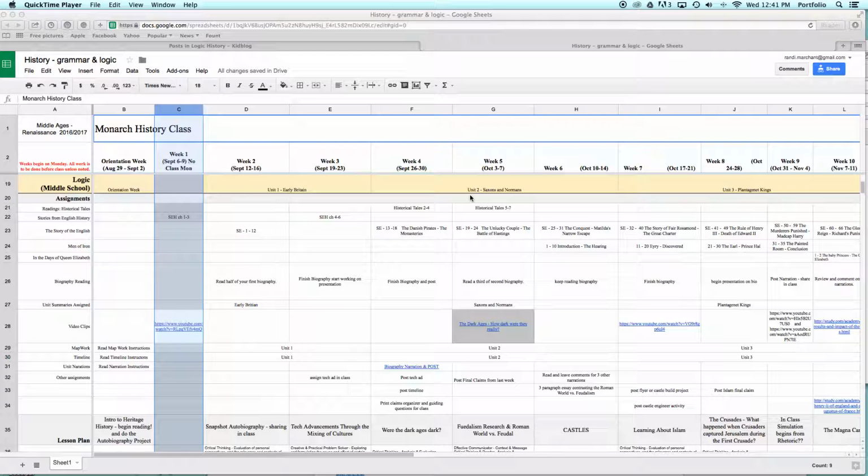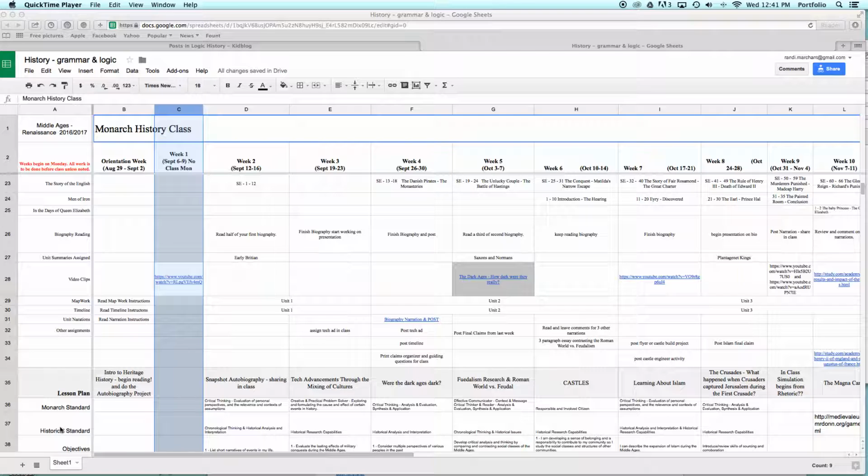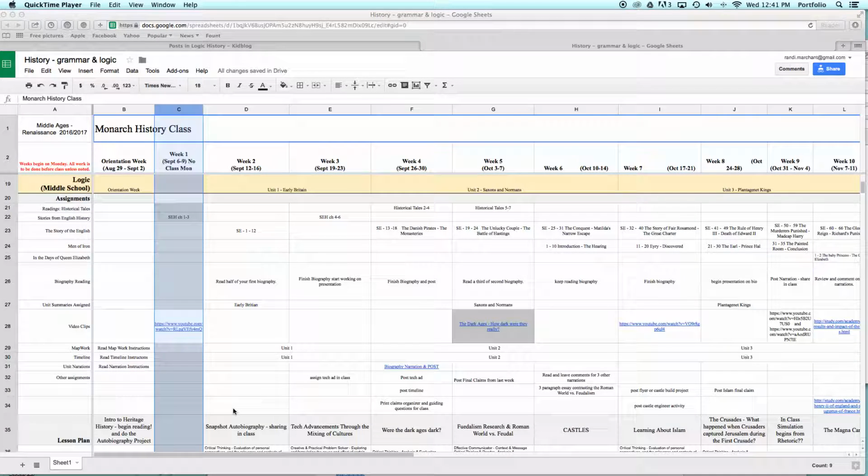So, when you look at curriculums, sometimes it can be really overwhelming. Here, for example, is my history class, and it is chock full of information. Such a great curriculum. I'm really excited to teach it. Lots of different readings, different assignments, lesson plans, different historical standards and different mission critical skills that we're going to hit throughout the year. But it can be a little bit overwhelming to look at this. You have the units that go by and the week by week, and each week there's a lot of information